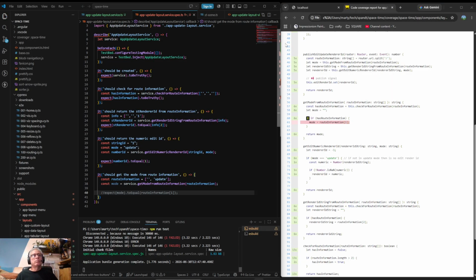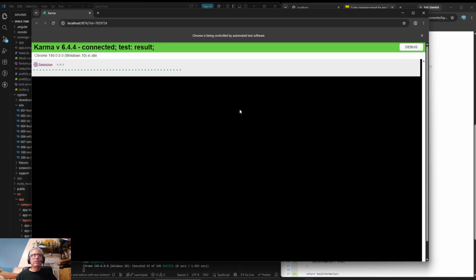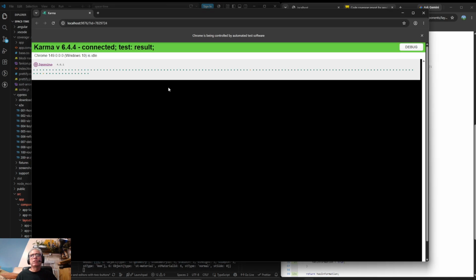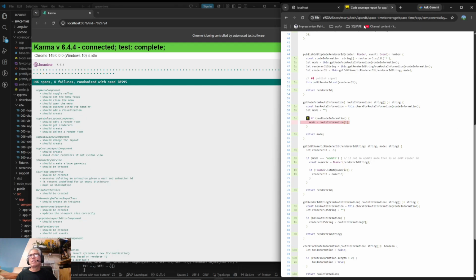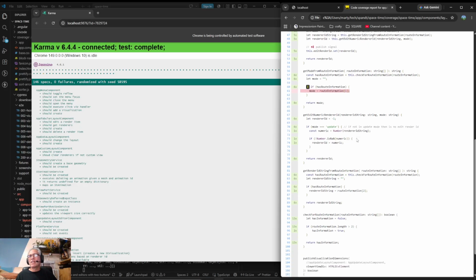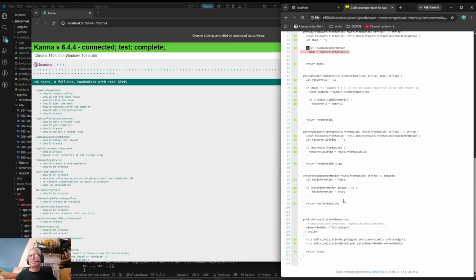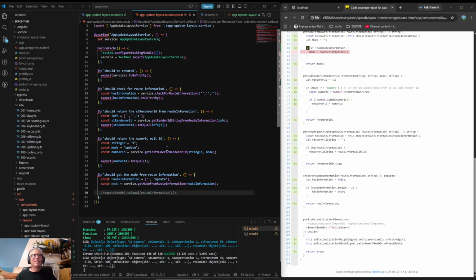Let's see. We still get a failure. Okay. Oh, it calls check route information. And check route information requires a length of greater than 2.